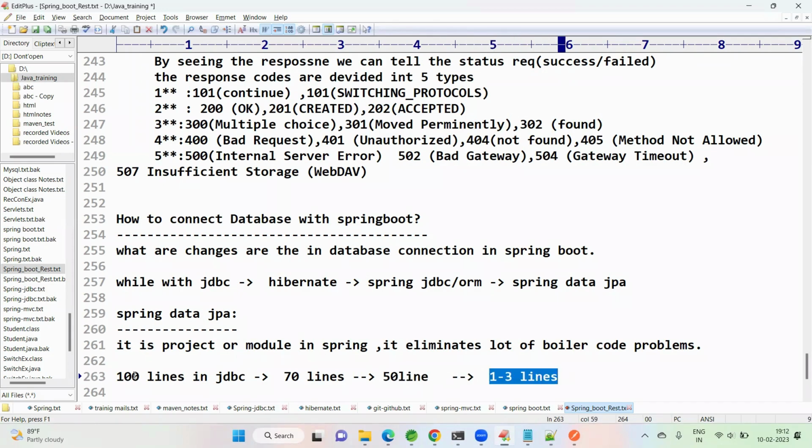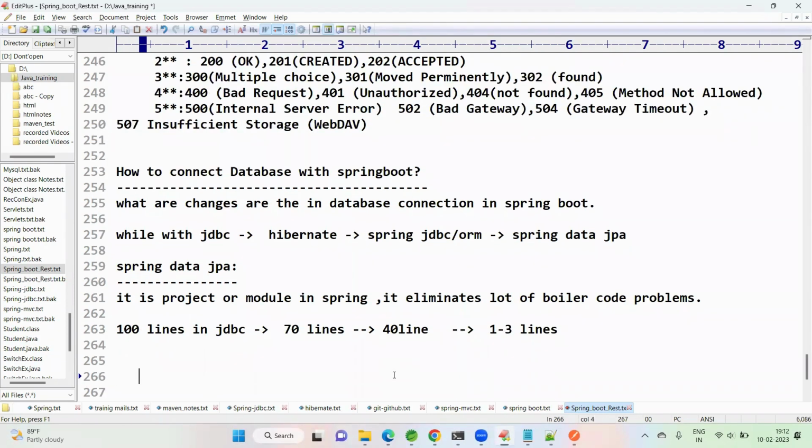In JDBC, we write 100 lines. In Hibernate, we write 70 lines. Maybe in Spring MVC, we write 40 to 50 lines. But in Spring Boot Data JPA, we have only 1 to 3 lines. How did this much change come? Spring Boot, or the Spring Data JPA module, introduced